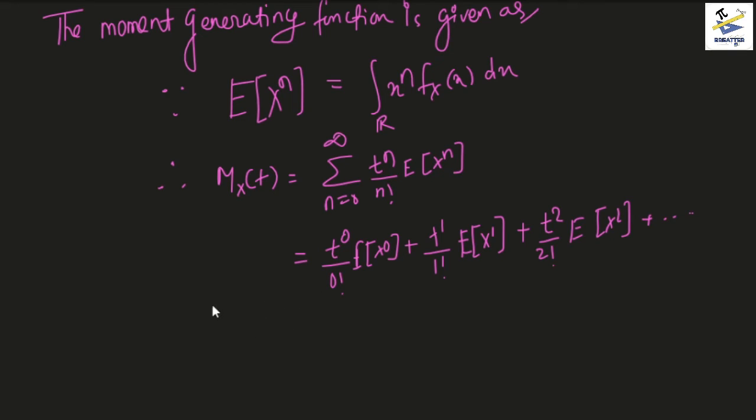And to recover any moment, we can differentiate the moment generating function n times, because when you differentiate n times, all the coefficients of t which are less than n will vanish and the nth coefficient will remain, and it will only give you E of X to the power n. So this is how it works. This is why the moment generating function can directly give you moments on its differentiation, and that is why